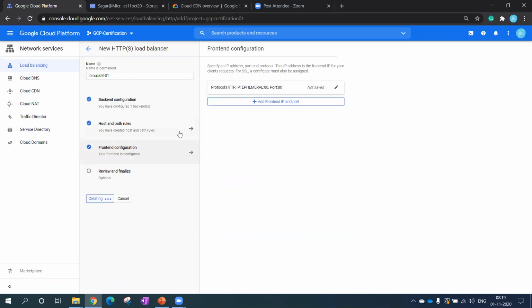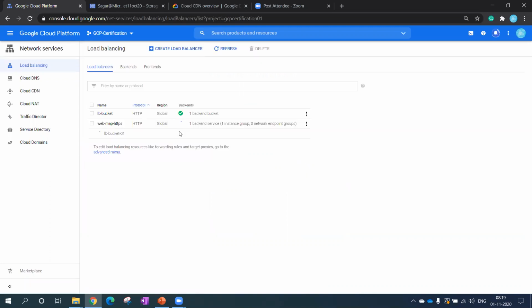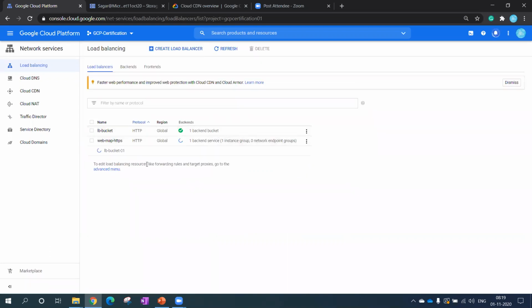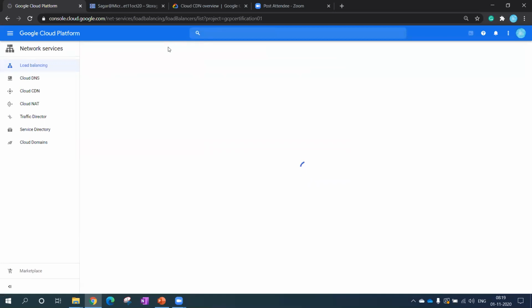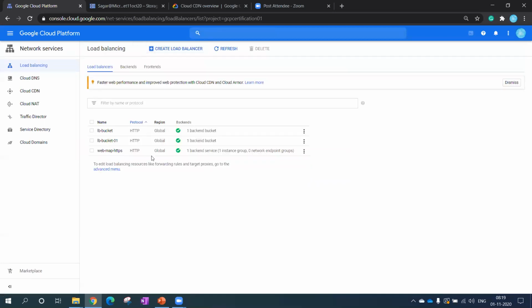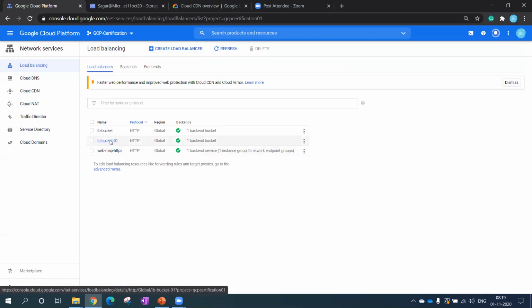This is how my load balancer will be created based on the bucket and CDN enabled. It takes some time. Let me refresh it. Okay, so it is getting created, right? You can see this bucket one is created. Let me click on this.